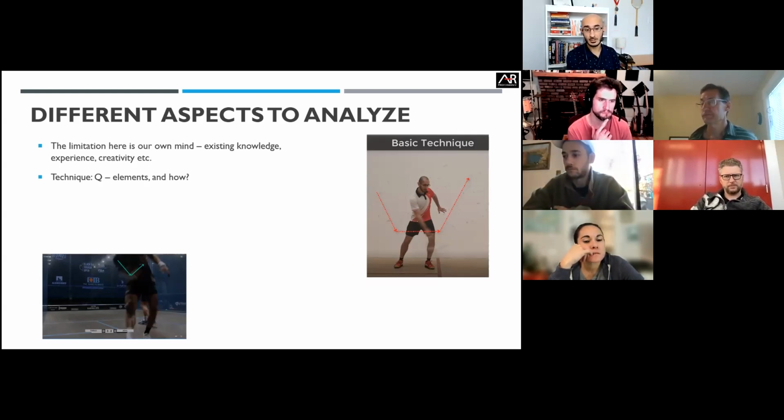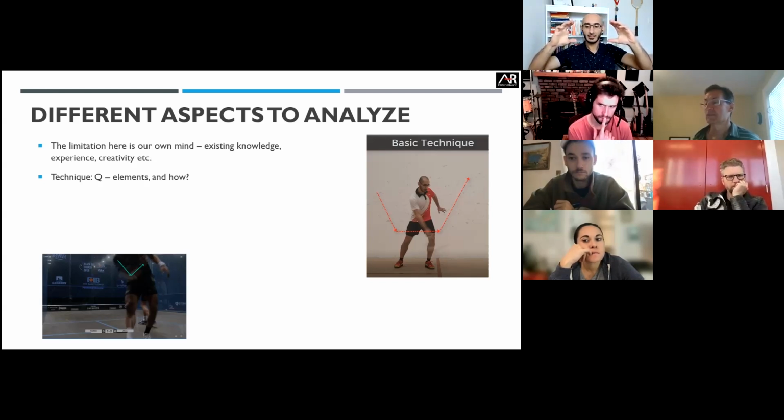If you took a still frame of one of your students, they probably would not have been angled towards that back wall as much. They would probably have been facing the side wall. That would be a clear indication for your student that, hey, you're not rotating enough. You could also show a little comparison of this image of Asal versus your student and ask, what's the difference between the two? And all of a sudden it's like, oh wow, this guy's facing the back glass, looking out of the court. I'm not even turned halfway as much as that. Little things like that can really make things stick out in the student's mind.